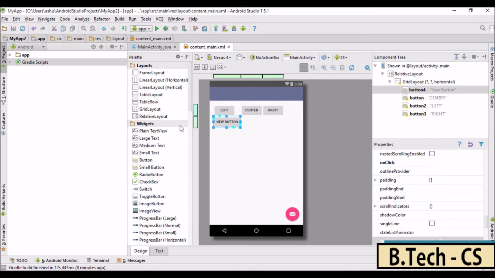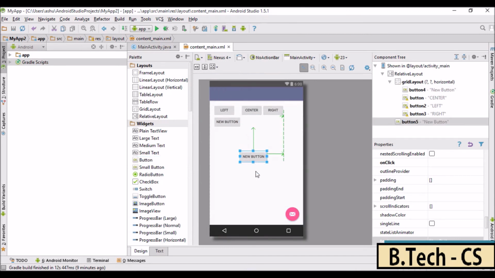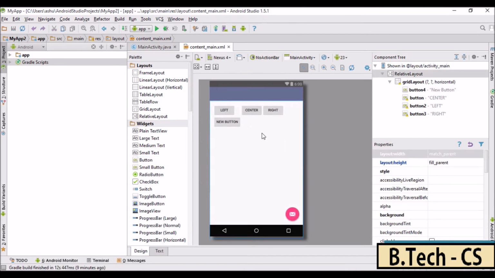And one more thing which I wanted to mention is that as we are using a grid layout and it is just wrapping up the content, if we select another button and drop it somewhere over here, it is not going to be laid on the grid layout, and that is because our grid layout is only present in this area right here. So in order to add a widget to a grid layout, make sure that you enter inside the layout area. For example, this right here is the layout area which is specified by a yellow border. So if we drag a button and drop it over here, it is not going to be present in our grid layout.